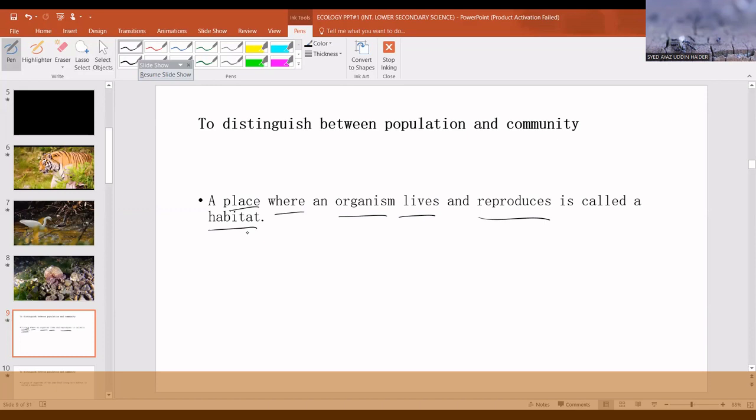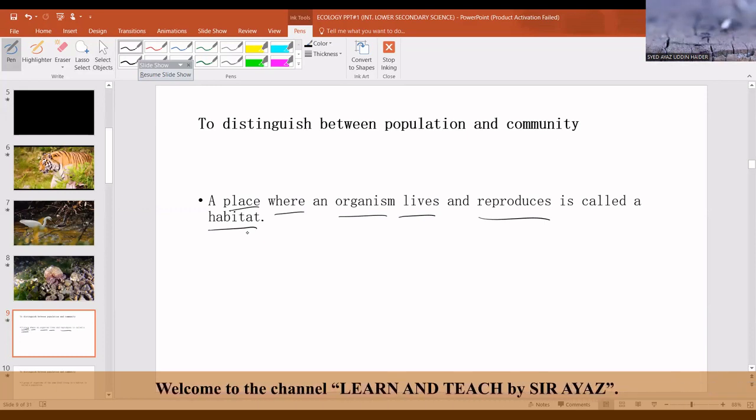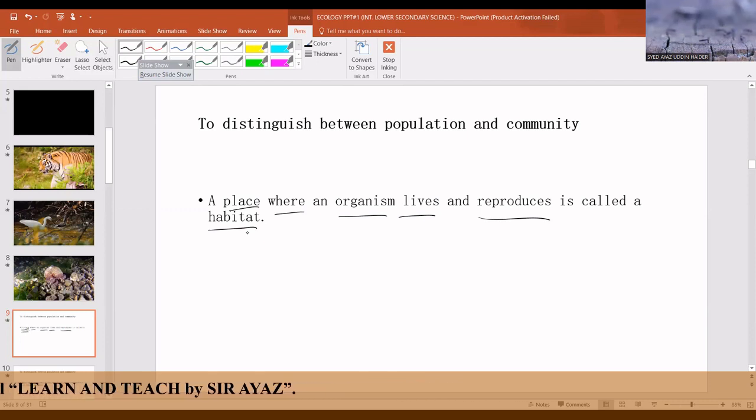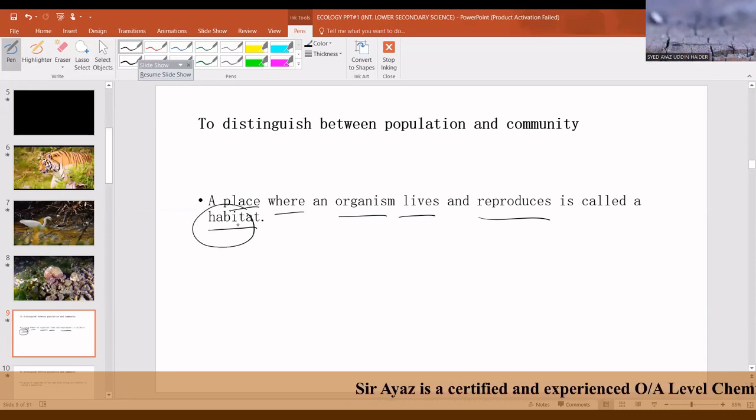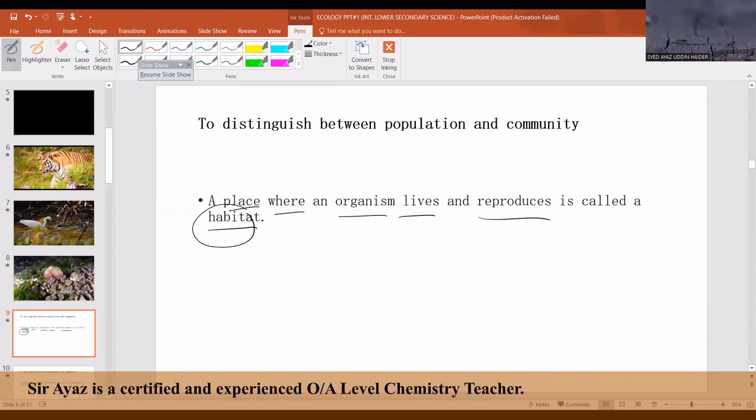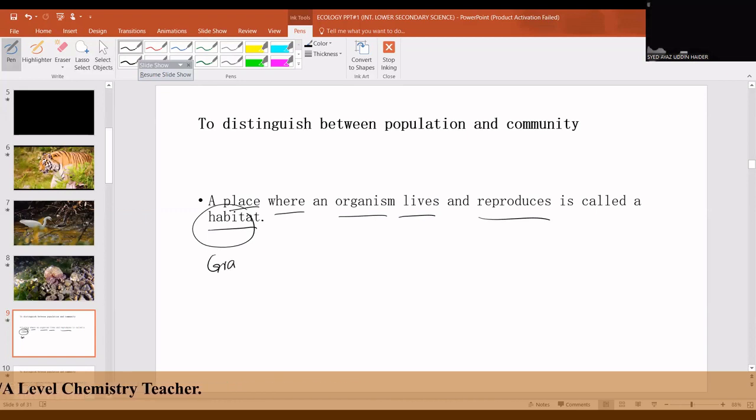You see, there are different kinds of living organisms, organisms of the same kind and sometimes different kinds, that live and reproduce in the same place. We call it a habitat. For example, grassland is a habitat,